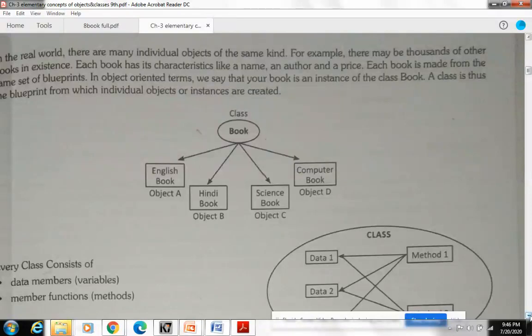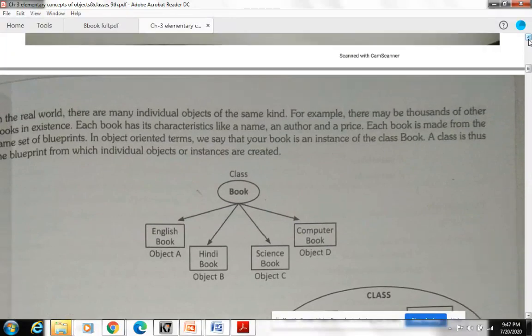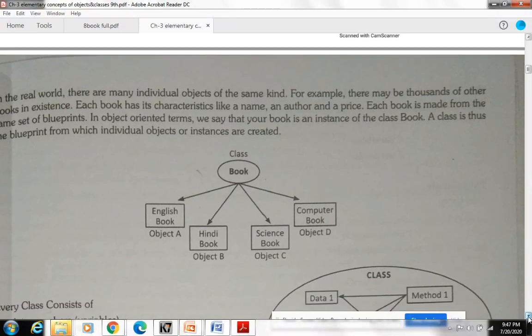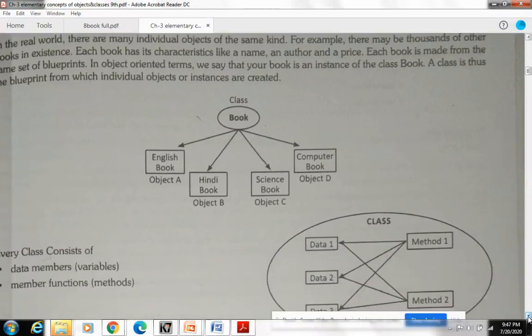Suppose we are going to make a library management system, and we need objects like a book, a teacher, or the name of the student. So we know that we need objects. Now we need the characteristics of the objects.